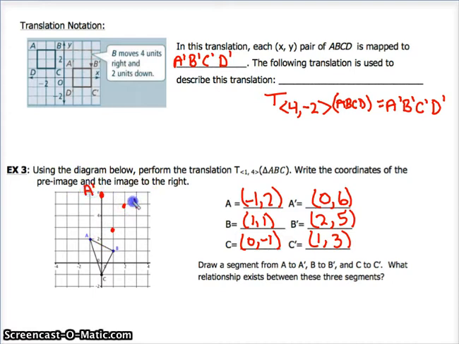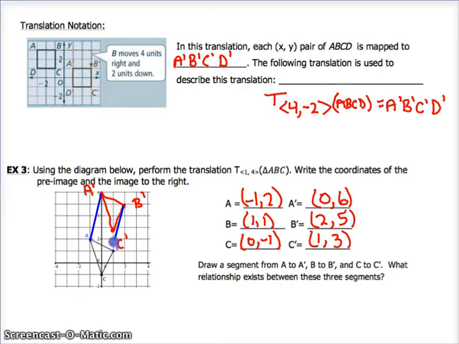This is A prime, this is B prime, this is C prime, and I can connect these. I'll do the best I can to make some straight lines here. Cool. All right, now it actually says we want to draw a segment from A to A prime. I'm going to get my handy dandy line tool out here. Okay, I'm going to draw a segment from A to A prime,